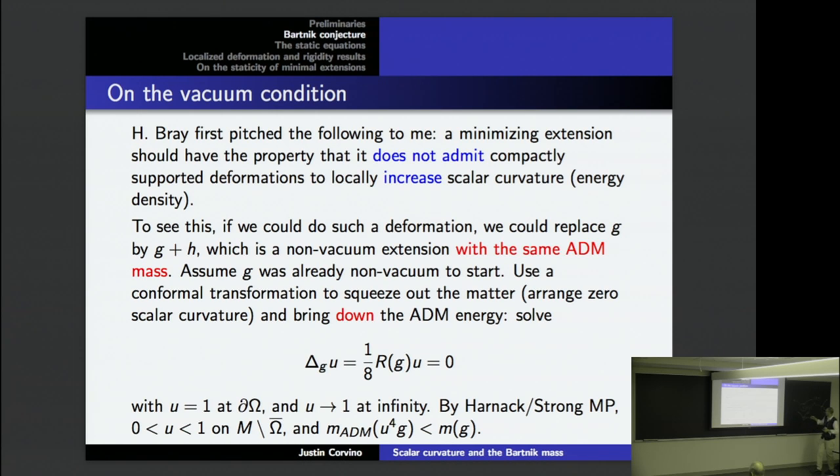If you have a localized deformation of the metric upward on a compact set, then you produce another extension which near infinity has the same mass. So if the first one was a minimizing mass extension, this one would be too. But then there's a well-known, well-used